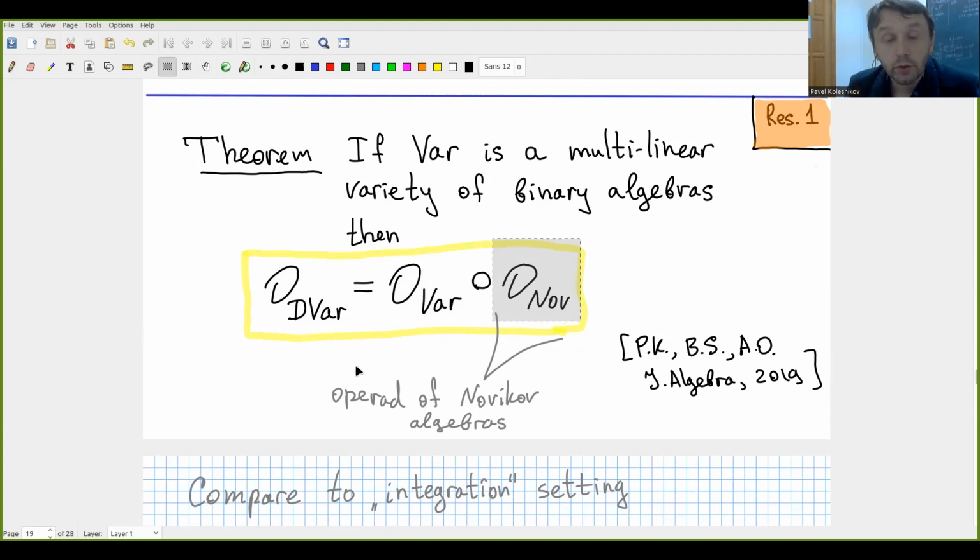So in order to get the identities defining the derived variety, we have to compute the Manin white product of these